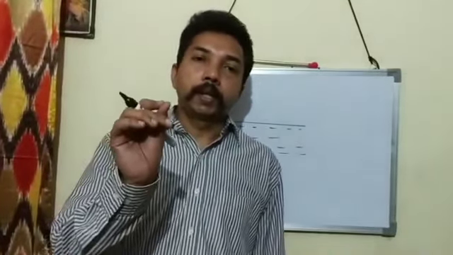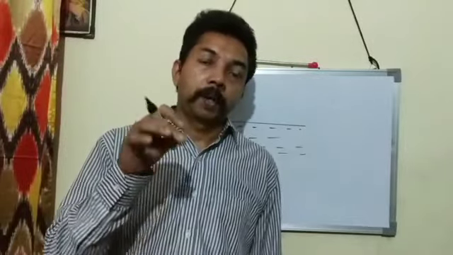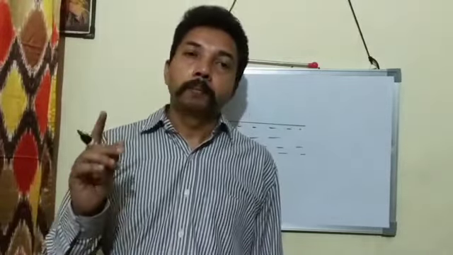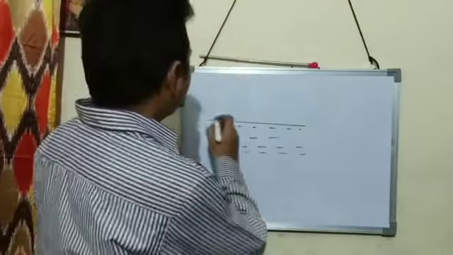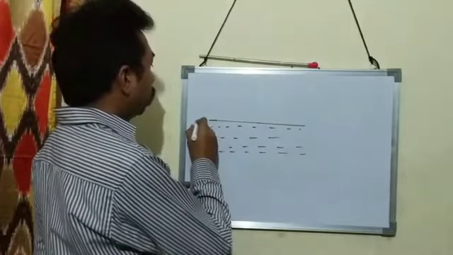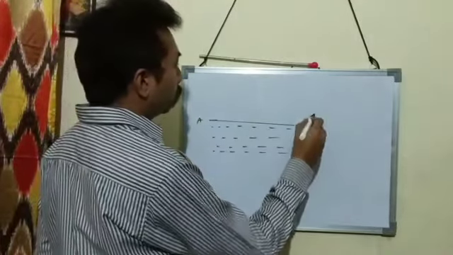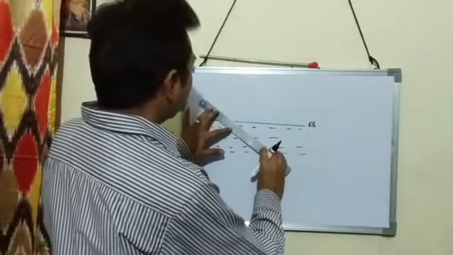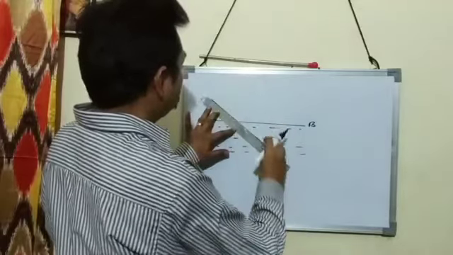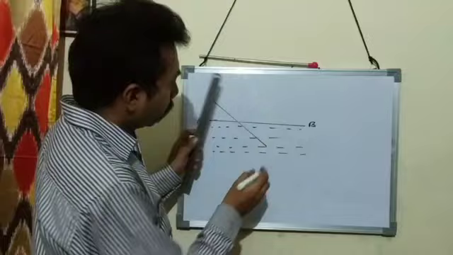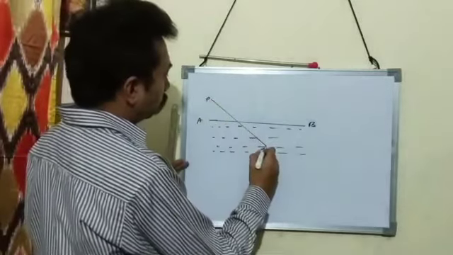When a straight rod is kept in water and viewed from air, it does not look straight. So we draw a ray diagram. It can be asked in the paper: draw a ray diagram showing the bending of a straight object when it is kept in water. So this is the refracting surface, and I name it AB. AB is the refracting surface. Then I keep a straight object here, and I name it PQ.